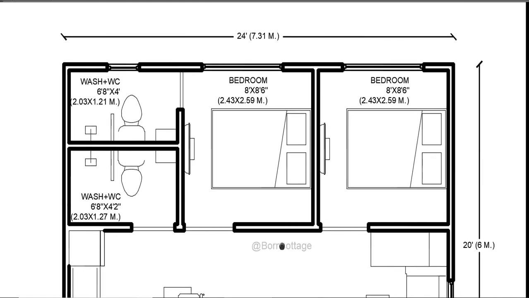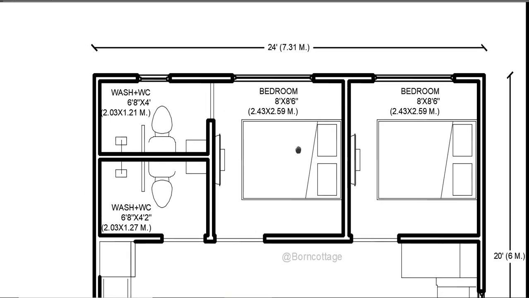So on the right side we have bedroom number 1 here. You can see here the bed arrangement, TV unit on the front wall, and we have a large size window for ventilation and light purpose of this room. And on the left side we have bedroom number 2 here with same size. You can see here the bed arrangement, TV unit arrangement, and also large size window for ventilation and light purpose